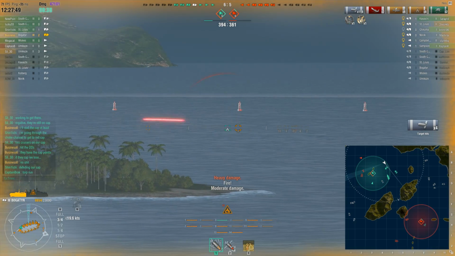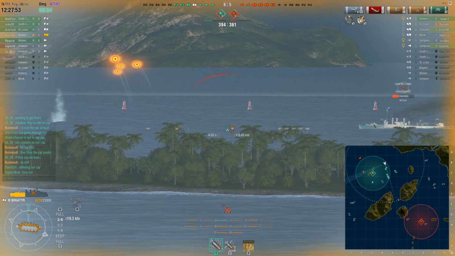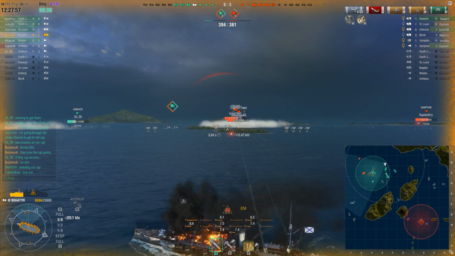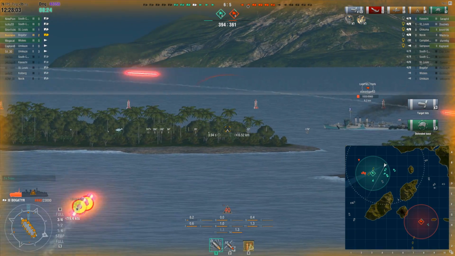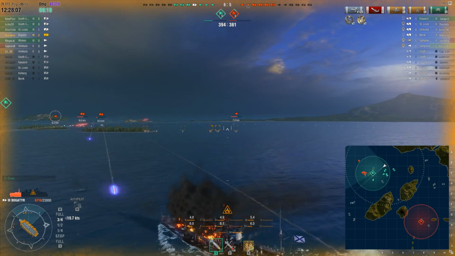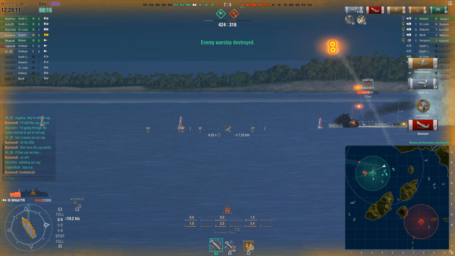But see, there's some, oh, there it is. So that's Campbelltown. Pretty interesting looking version of the Wix. I haven't really taken any real interest in that ship. I don't really know much about it as far as its torps and concealment and stuff like that. I think it can stealth torp actually, which is pretty interesting, but managed to take him out and also get